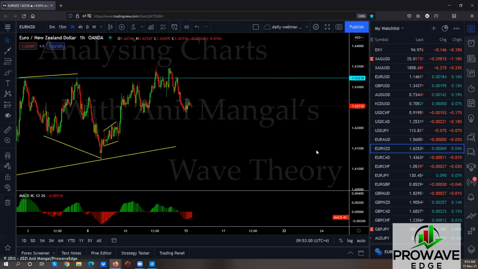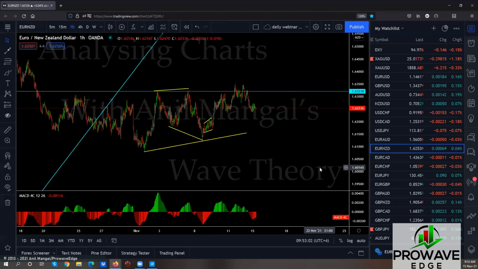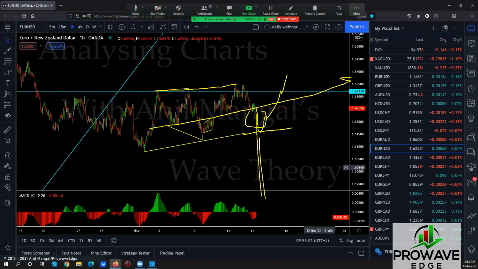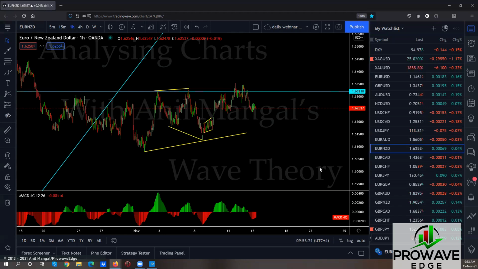Euro New Zealand, a better sell setup because this pattern is much more defined as a flat. So this means if you get a sell at least back to this level, and then they either break out or they go back up one more. Can this continue for a while? Yes, but this is a good sell because if it breaks out, you will rather be in the trade, right? You might get another consolidation under the structure for it, but go with it.